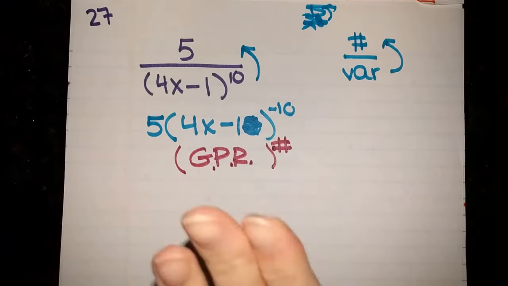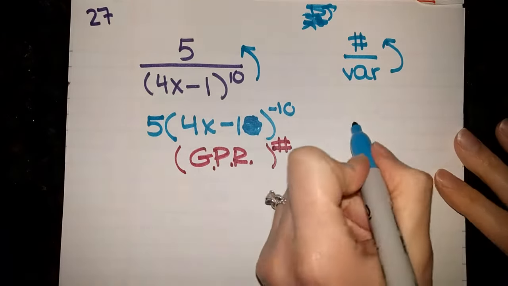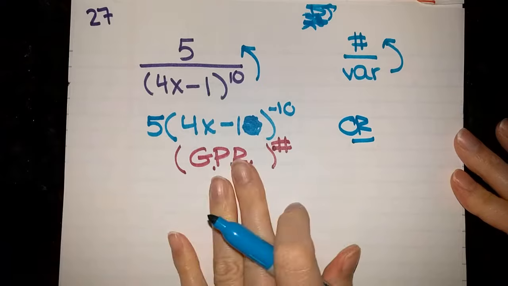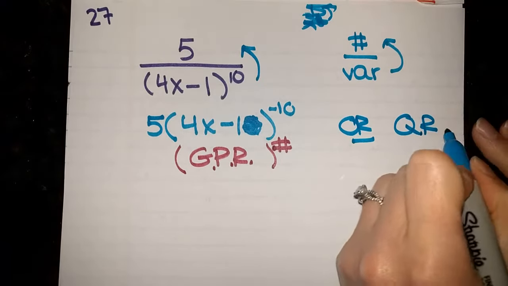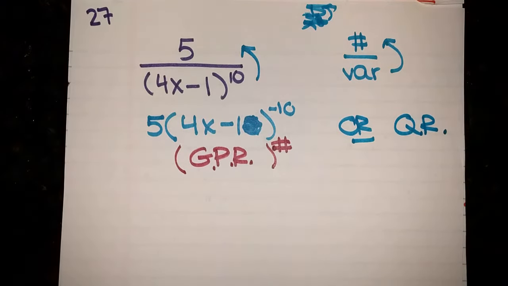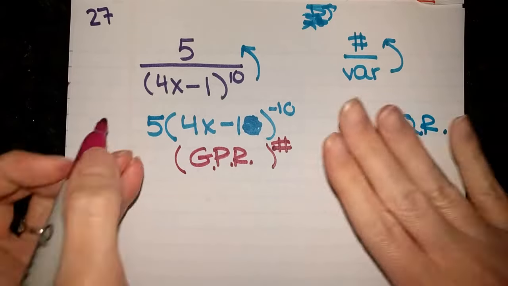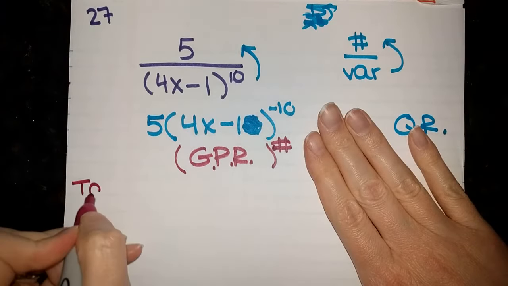Now, do keep in mind, it's not like this is the only way to deal with this. You could, if you wanted to, instead of bringing the exponent up, go through the quotient rule, but it's going to be significantly more simplification. Okay, so I'm going to bring this up and rewrite it,